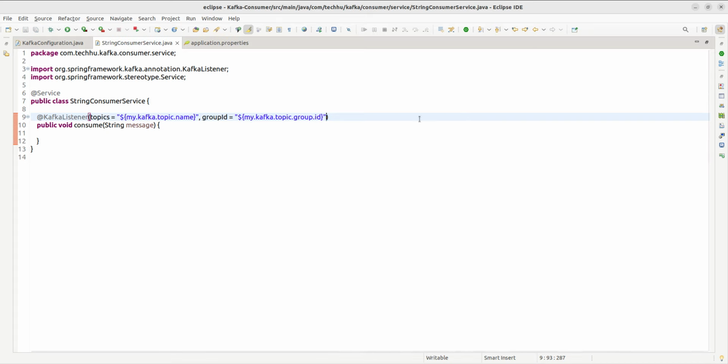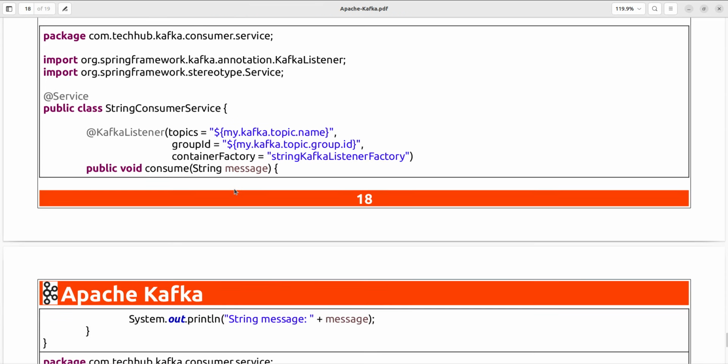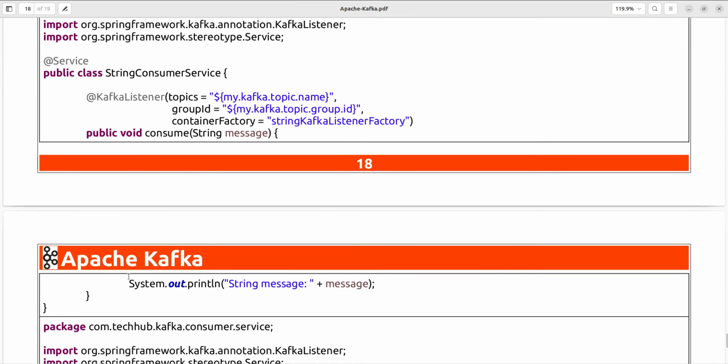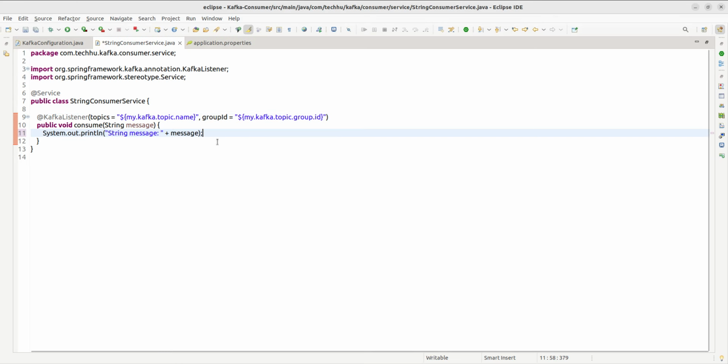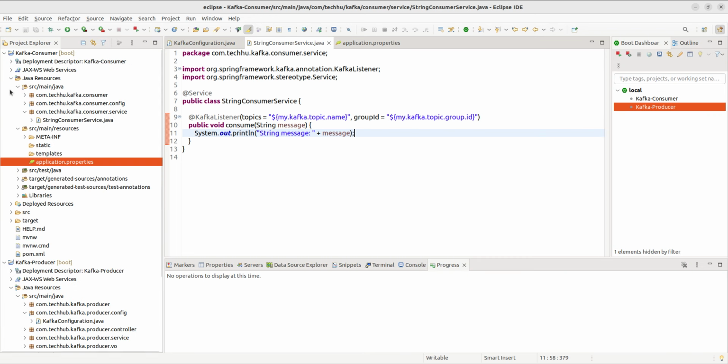I will show you. It will work. Just simply print this message. That's it. We are printing string message like that. That's simply we are printing here. That's it. String message we are printing. That's it. So I think